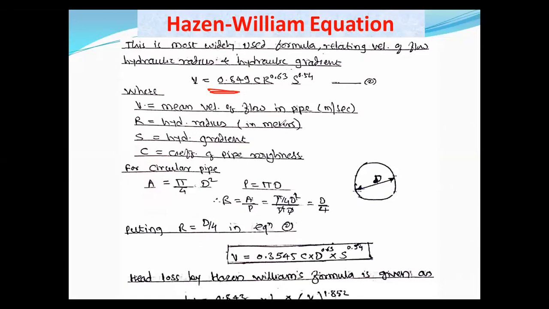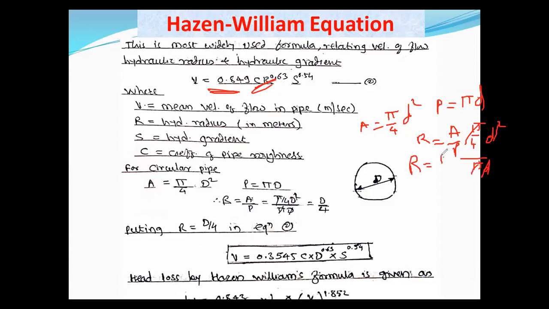Now again here, this is the generalized equation. If we want to use this equation for pipe flow, we know that pipes are generally circular in section and area is given by pi by 4 into d square, and perimeter is given by pi into d. Right. Now there is an R in this equation. R is nothing but the ratio of area to the perimeter. So instead of this, we can put here pi by 4 d square divided by pi into d. Right. This pi will get cancelled here, and this d will get cancelled.